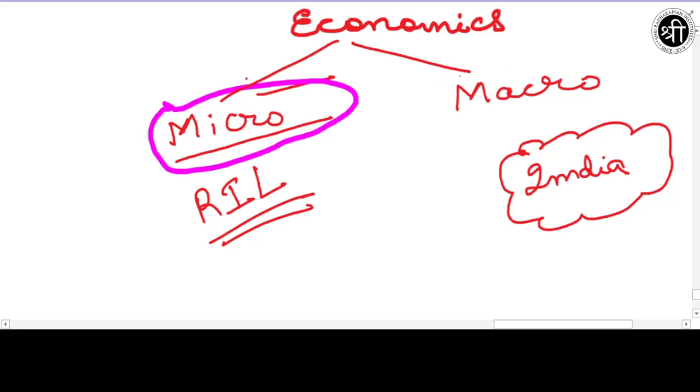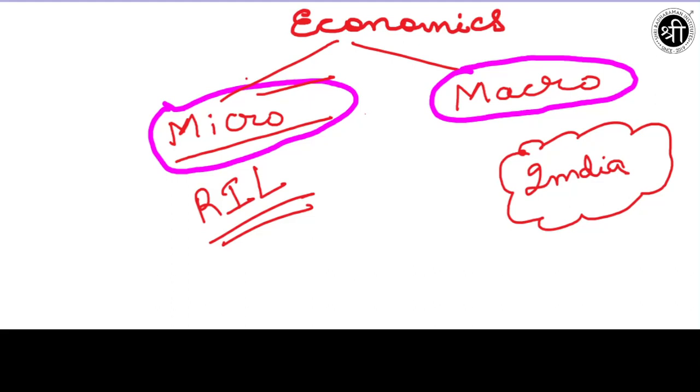But if we are studying the whole Indian economy, then we are not leaving anything untouched. We are studying nearly each and every possible thing. Therefore this will come under the macroeconomics heading. Okay, so I hope you now have a basic knowledge of what microeconomics and macroeconomics are. Microeconomics simply means the economics which is studied on a small scale, and macroeconomics means the economics which is studied on a large scale. This was very important to explain.